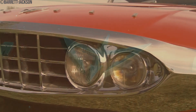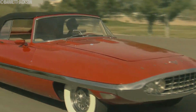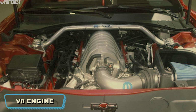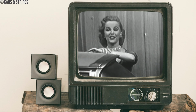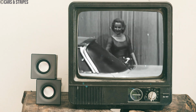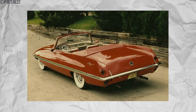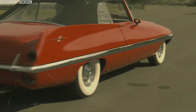Underneath the flashy exterior, the Chrysler Diablo also boasted impressive performance figures. It was equipped with a powerful V8 engine, providing ample horsepower for a convertible. The 1957 Chrysler. This combination of style and performance made it not just a visual showpiece, but also a car capable of thrilling